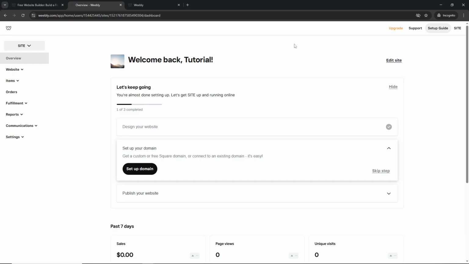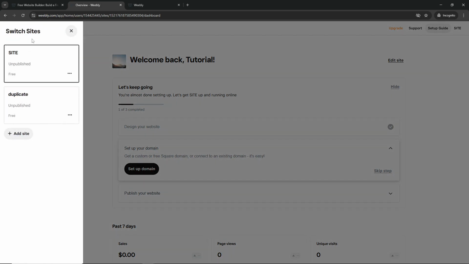Now, direct your attention to the left side menu. Right above the overview section, you'll see your current website name displayed. This is the website you're currently viewing, and clicking on it will allow you to access specific settings for that particular site. If you happen to have multiple websites under your Weebly account, you'll need to select the specific website